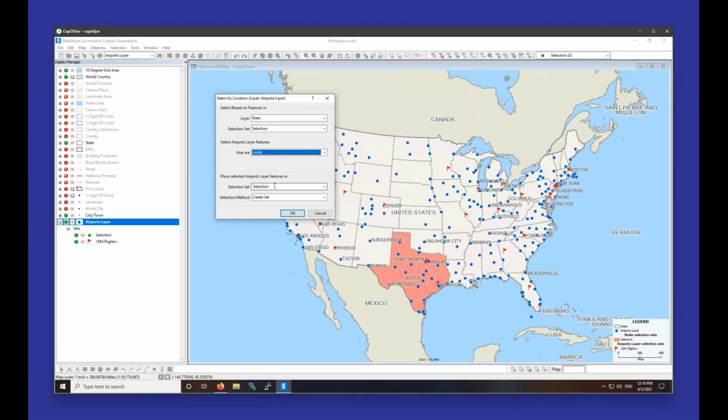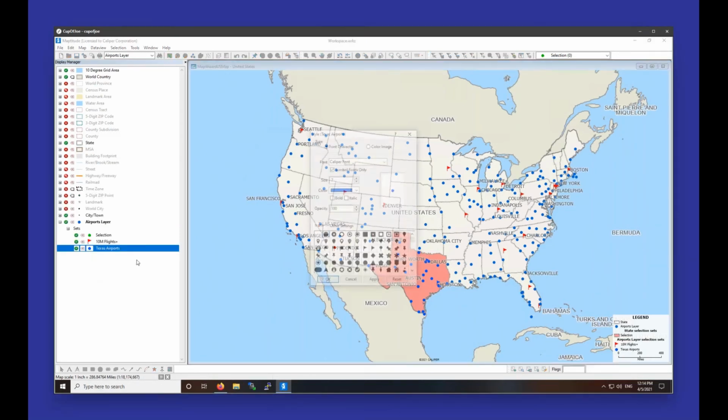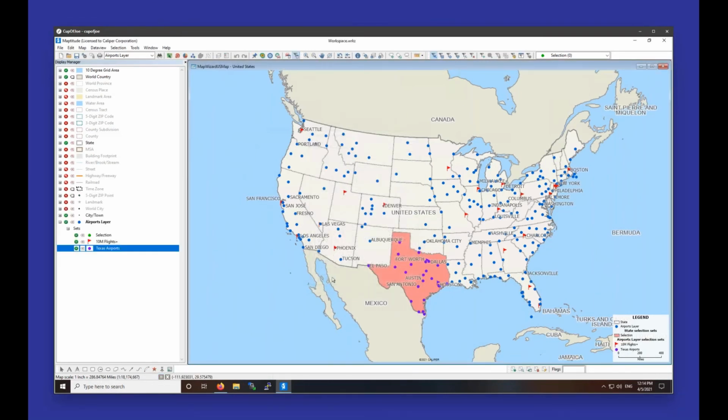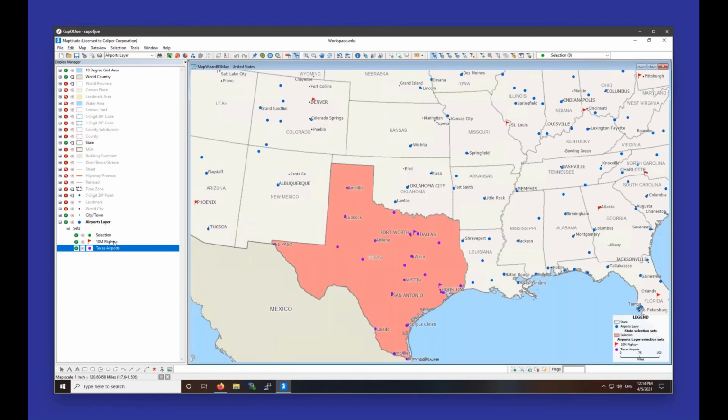And I'm going to place selected features in, let's call this Texas airports, and we'll create the set. Yep. So we'll see that this particular selection set is blue, so I probably want to change that color to make it easier to see. Make that purple. Nice. So here we see that I have my 10 million flights airports in red and their flags, and my Texas